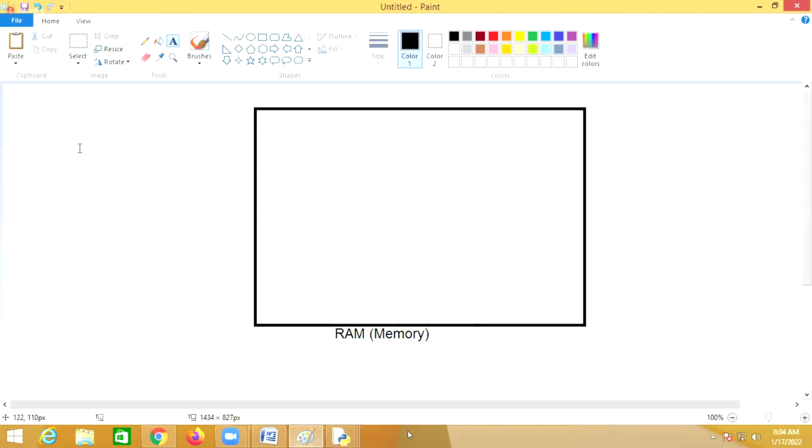If this is memory and I want to store a character, if it is 65, it will return 65 only.